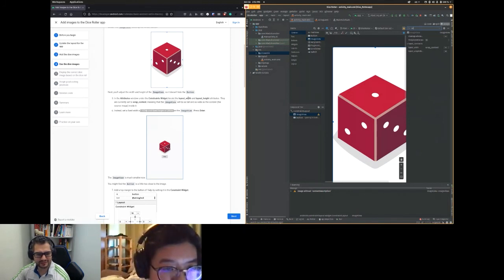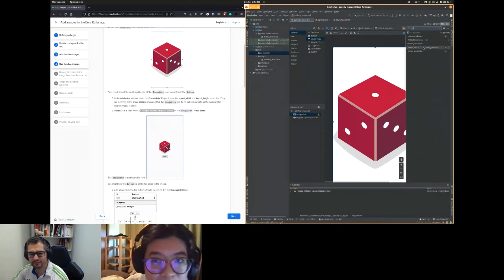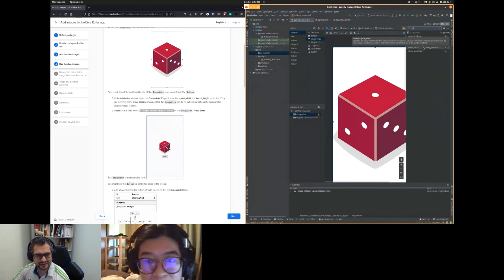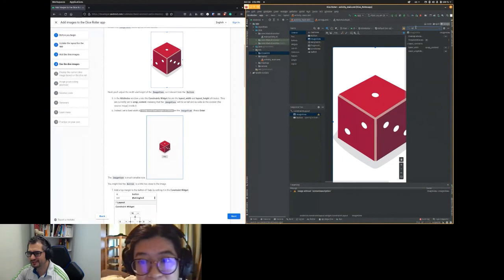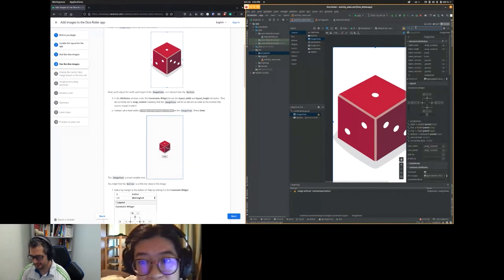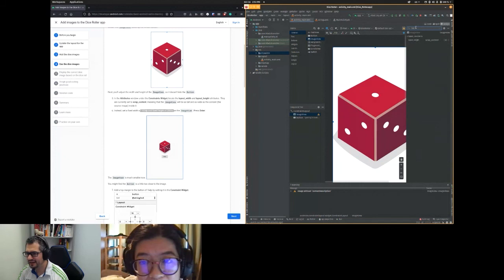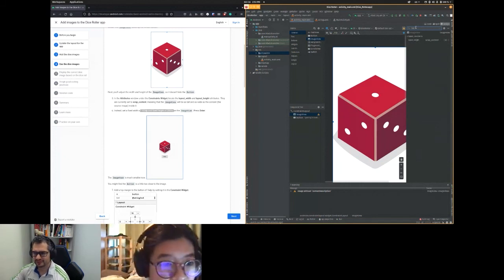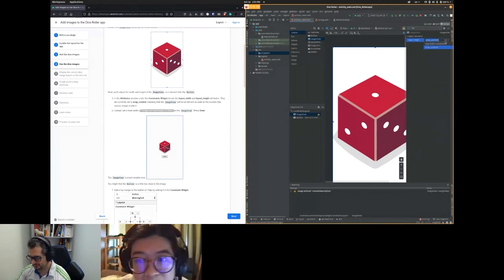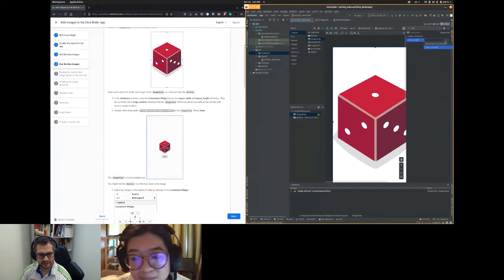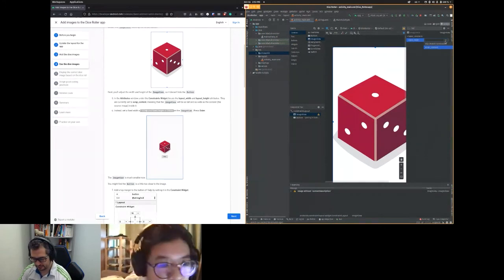And I am going to select layout width, layout height, and they are set to wrap content. Yeah, that is correct. Okay, I'm going to set it to height 200